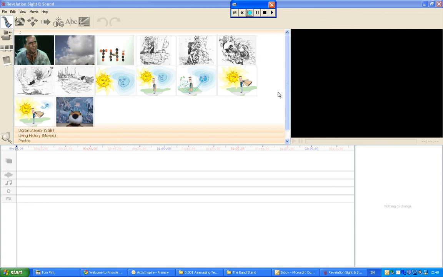Okay, so this is Revelation Sight and Sound, made by the same people who obviously make Revelation Natural Art. The idea being that it makes things a little bit more user-friendly and gives you some really professional results. So, just very quickly, this icon here shows you all of the photos and movies that you've got in your library that you can drag onto this timeline here. All movies and pictures need to go on this line, shown by